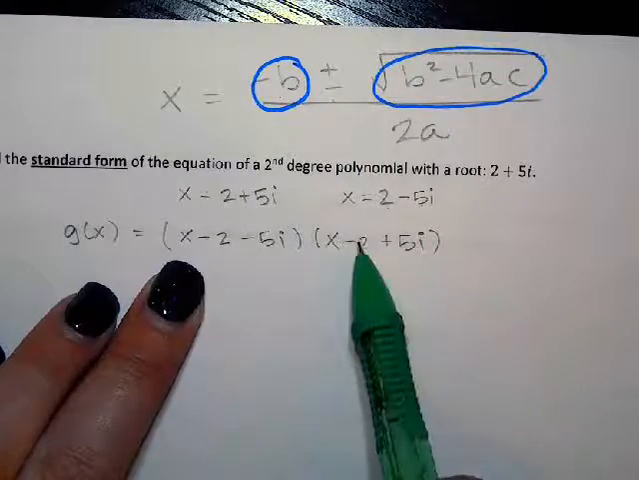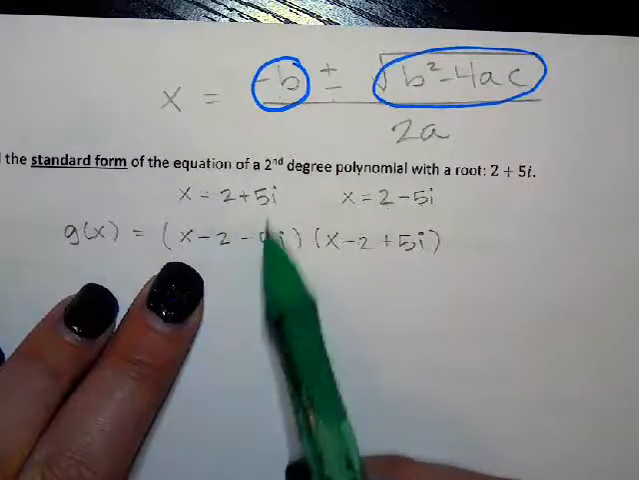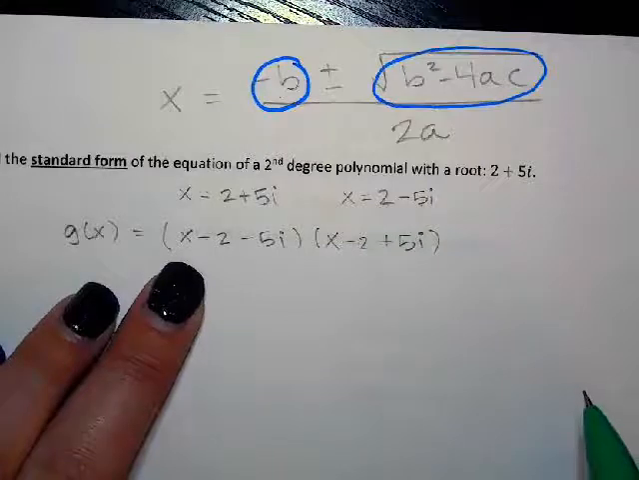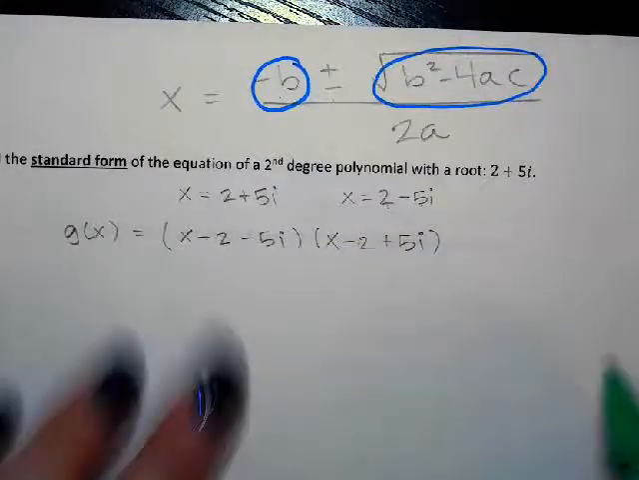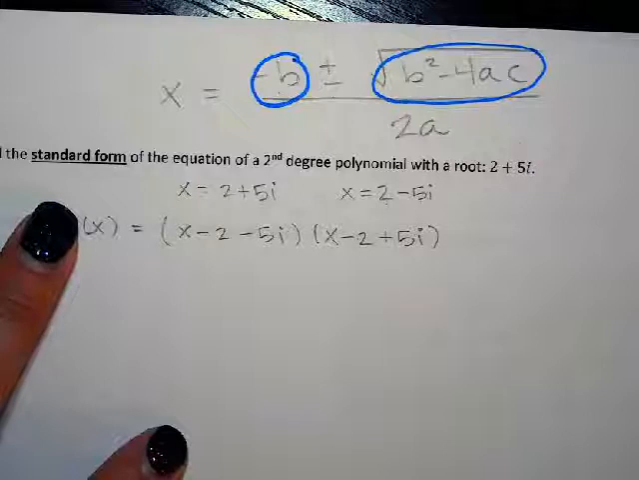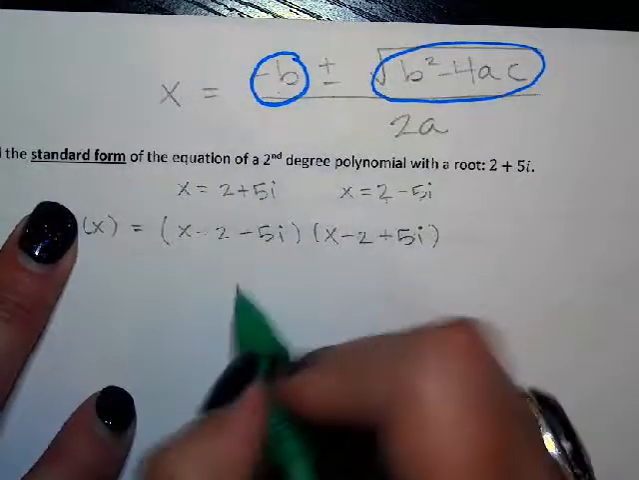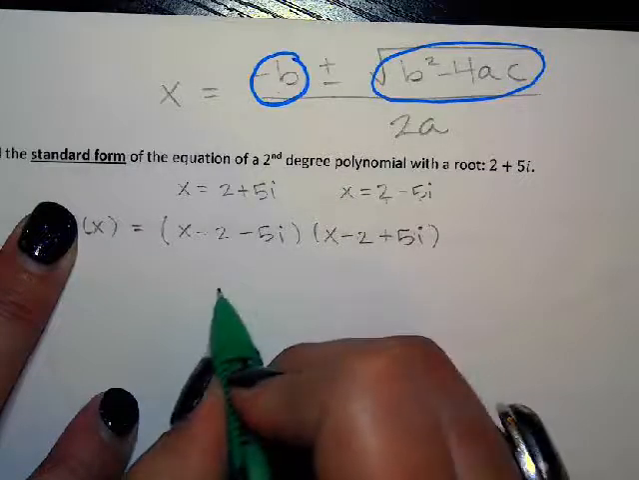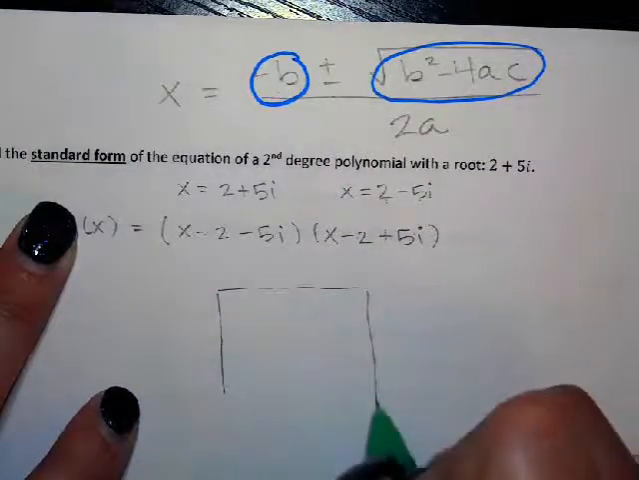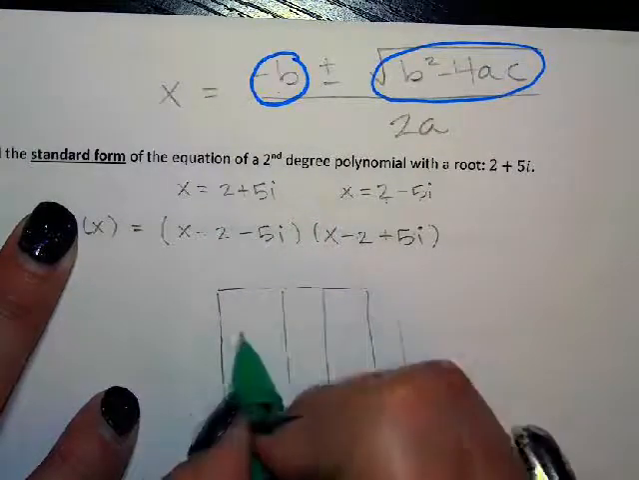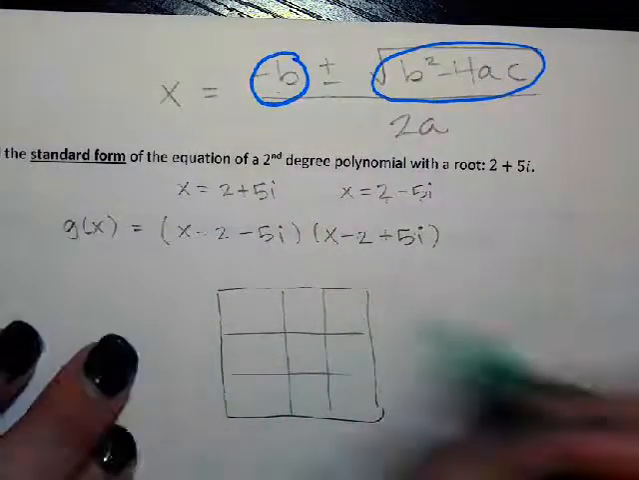All right, now I am doing 3 terms times 3 terms. Remember, things are going to get messy, but the messy stuff's going to cancel out. Don't get scared. The messy stuff cancels out. Let's go ahead and do a box, a 3 by 3 box. These ones especially, I do not recommend foiling because they get real weird in the middle. So x, negative 2, negative 5i, x, negative 2, positive 5i,